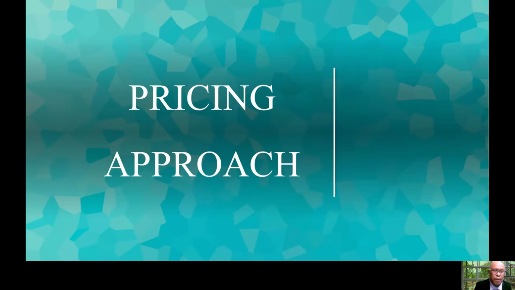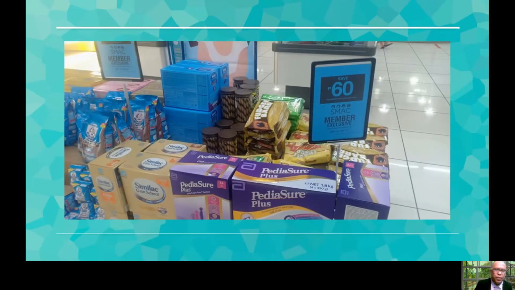Now, the first thing that I'm going to share with you in this pricing approach, if you look at it, is a very simple example of what we call promotions, right? It's just a simple promotion. But if we check, there is something more here. It says SMAC membership exclusive. This is a good example of a so-called price matrix, like a membership. A price matrix strategy is when you offer a discount or a better price for members,